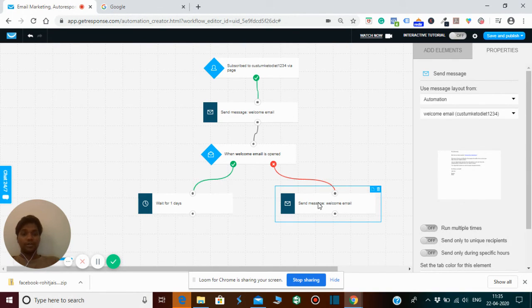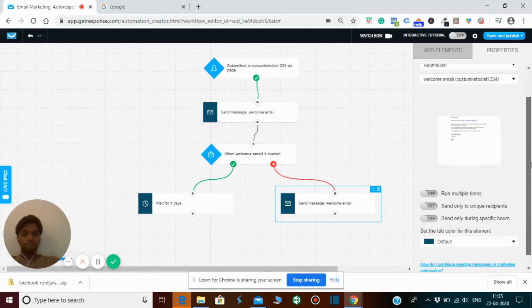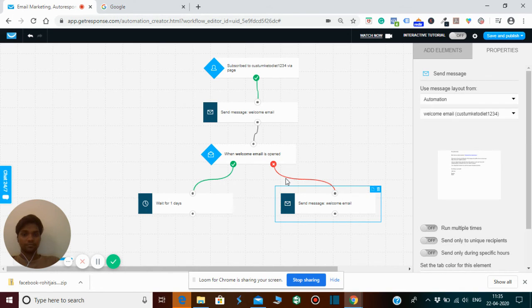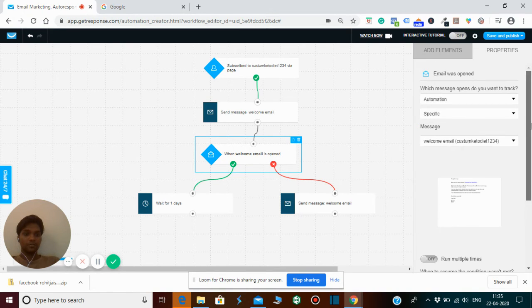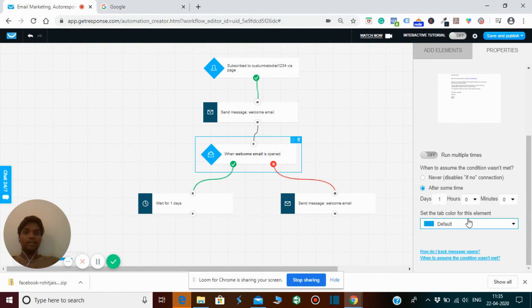So you have to set up this thing, that if the condition wasn't met. If somebody is not opening your message, then after how many hours should they get it again?